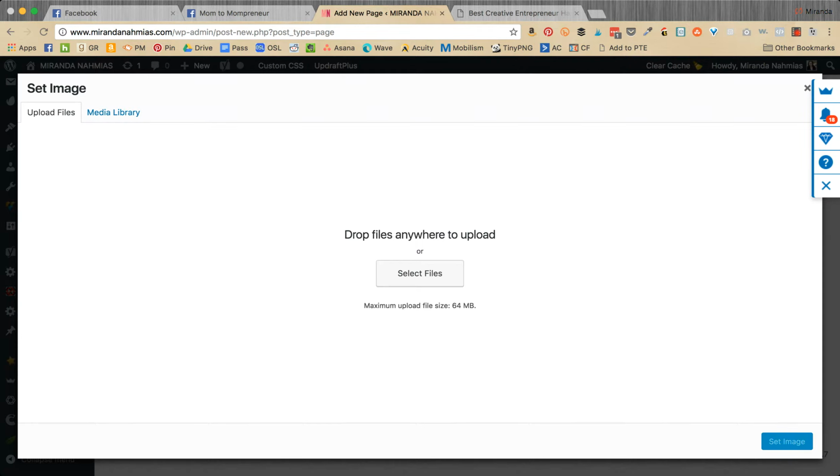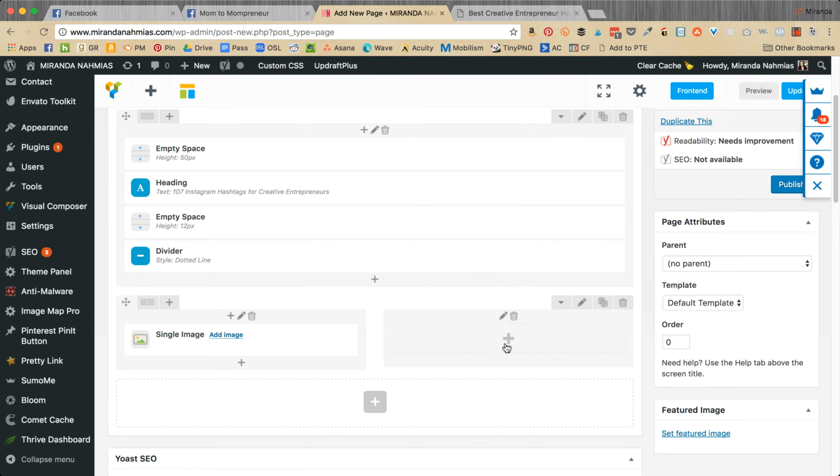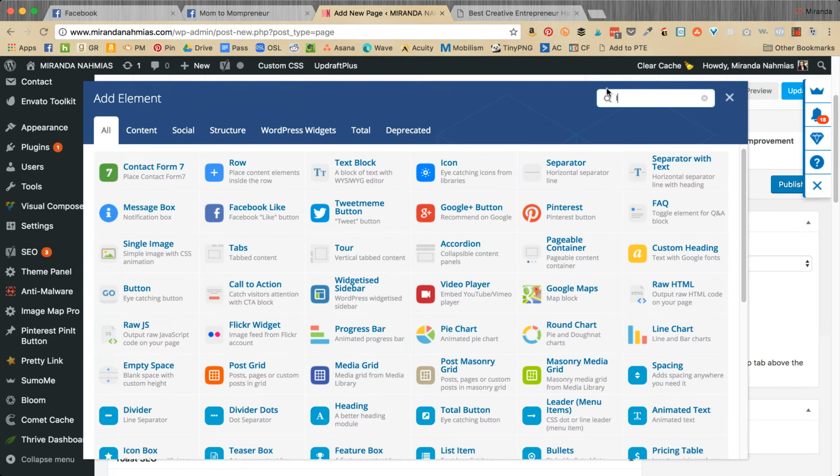Give me one second. I need to resize that, or I'll just do that later. So let's pretend like we have an image there. And then over here, we're going to add